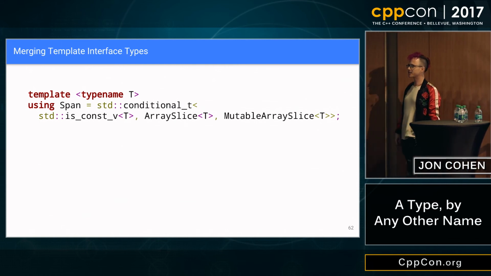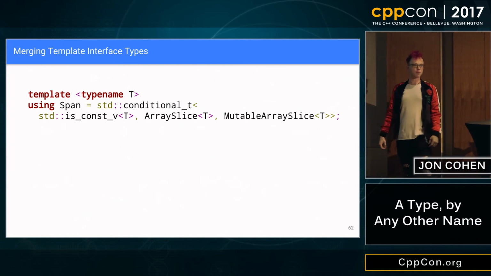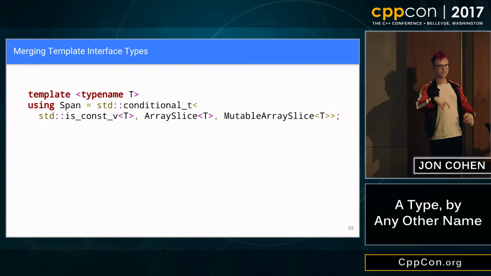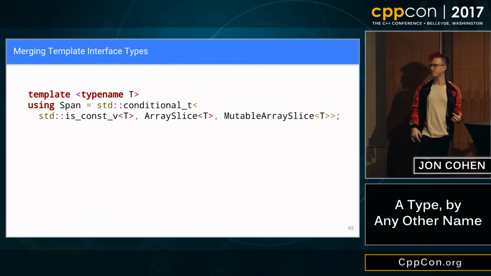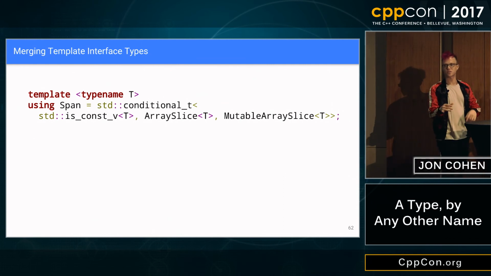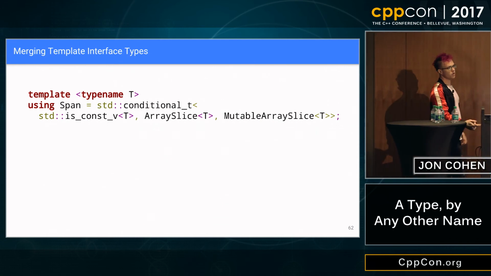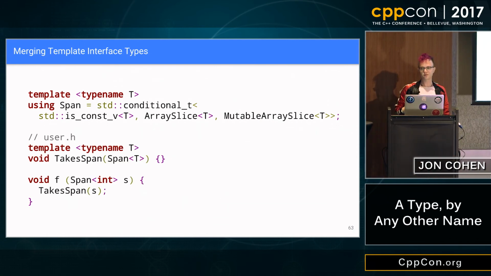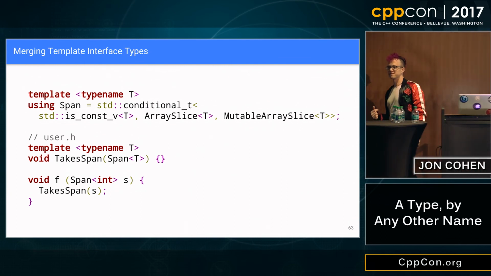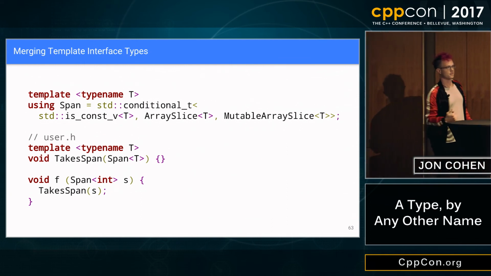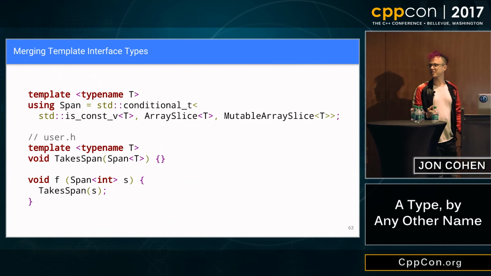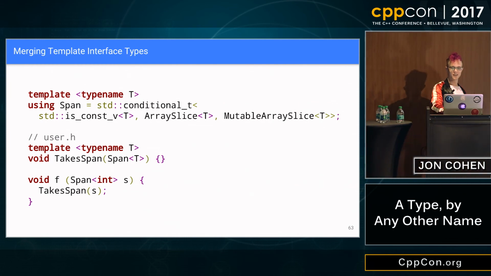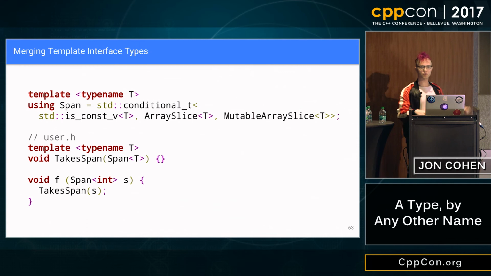As it turns out, the implementation of span is a lot more complicated than it would seem. All of the implicit conversions make for a lot of very, very hairy and subtle SFINAE. So we don't want to rewrite the implementation as much as possible when we're doing this. What happens here? Anybody want to guess if this compiles? It's not a courageous crowd for answering yes or no questions. This does not compile, which is a little bit weird.